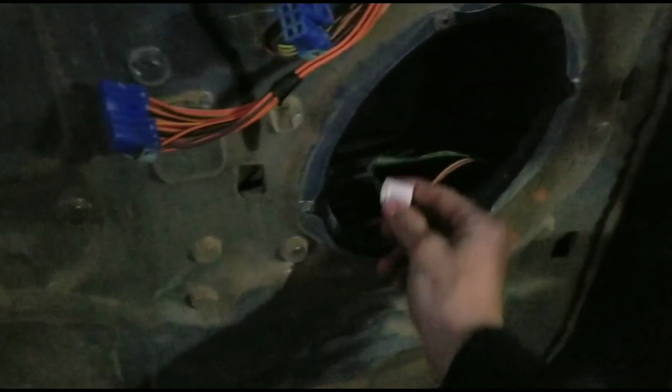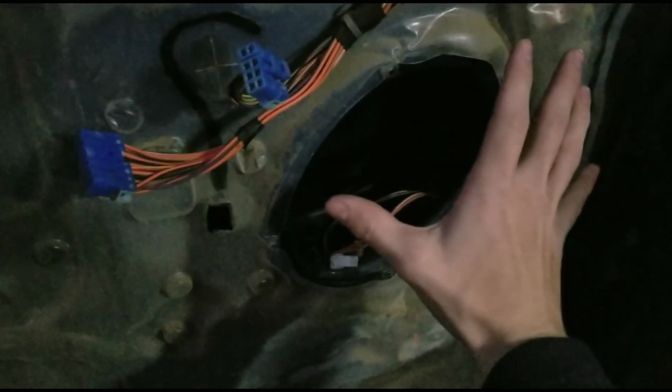Same thing with the lock. You want to be careful with it. And then the 6x9 speakers in the front have 4 screws. And so now I'm going to go ahead and get one of the new ones out and get the